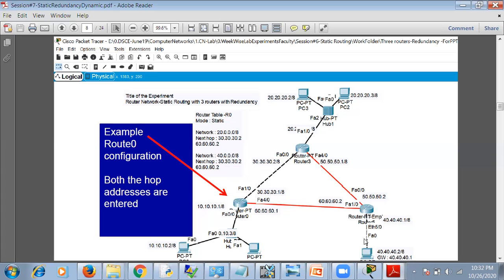Suppose you want to reach LAN 40 or the network 40. To reach network 40, what is the next hop? The next hop is router 2. So either you can use this second way, that is 30, this link, or you can use the 60 network link. Okay, so there are two paths that need to be added. So we'll see in this example how to add two addresses.